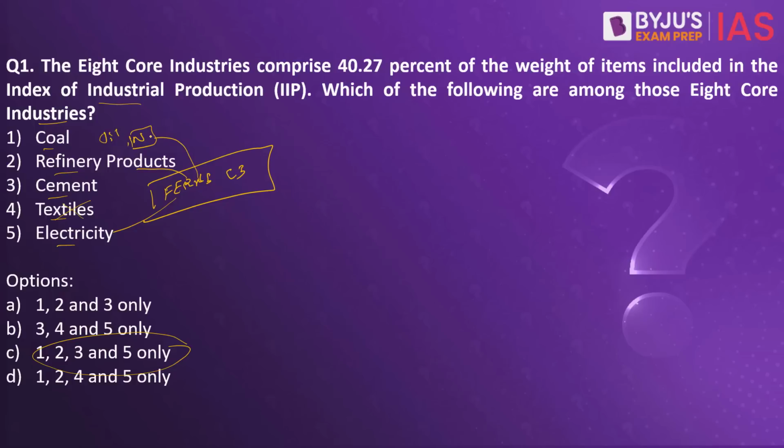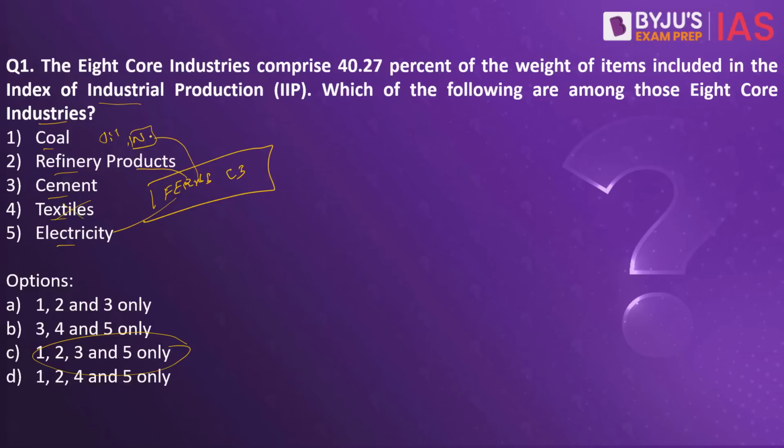Why is it called the core industry? That is because these industries are very important and have a significant impact on the economy. They change the general economic activities and they form part of the core industrial activities as well. Since they are integrated to many other sectors as well, that is why they are called the 8 core industries. So this will have an interlink. They will impact the major economic sectors as well, and as a result they are called the 8 core industries.